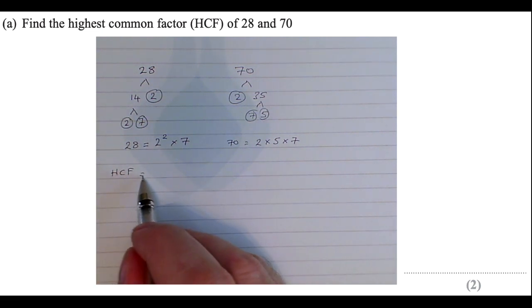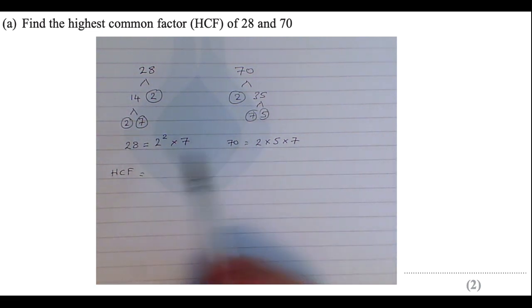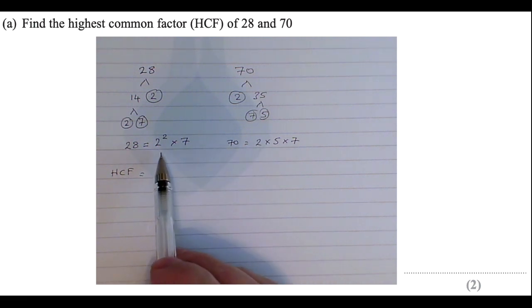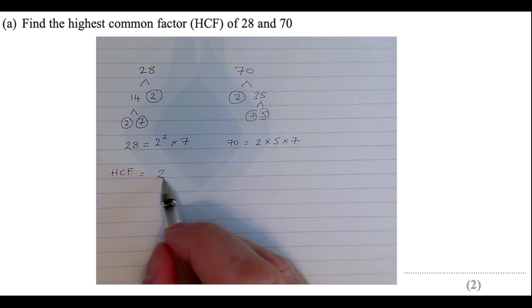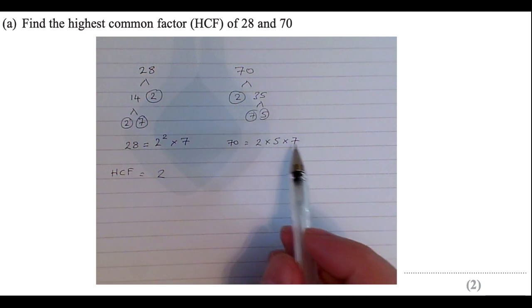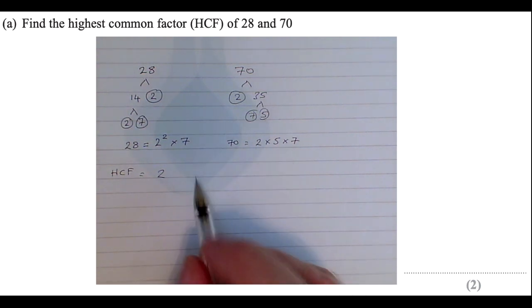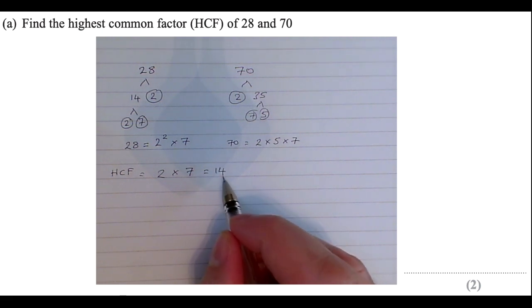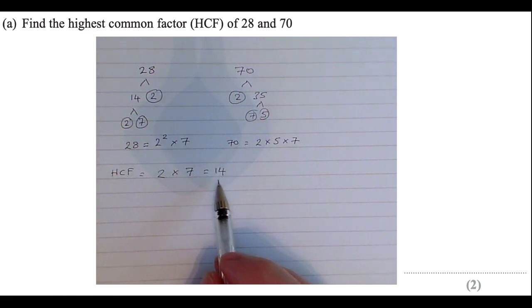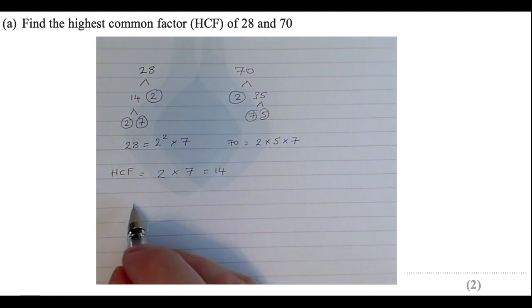So what is the highest common factor? Well, what do they have in common? They have a 2 in common. They don't have a 2 squared in common, they only have a 2 in common. They don't have a 5 in common, but they do have a 7 in common. And so I think 2 7s are 14. I think 14 is the highest number that goes into 28 and 70. So my answer is